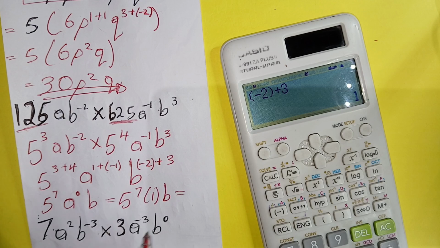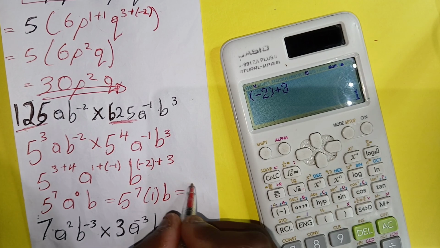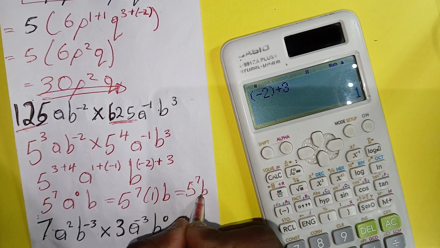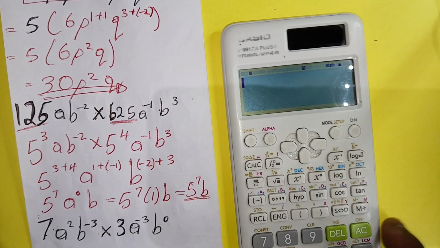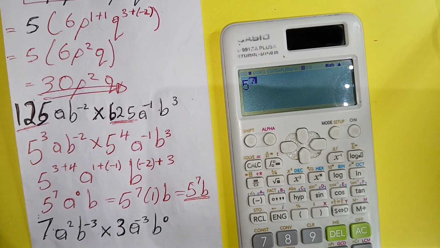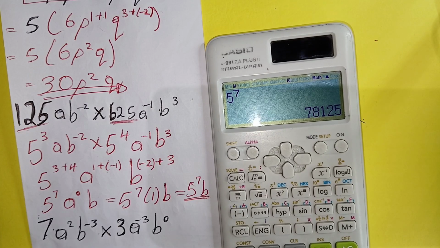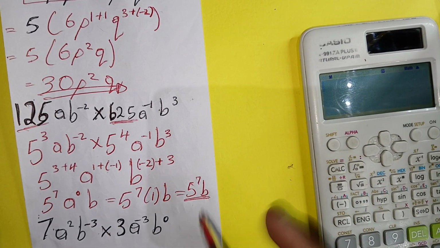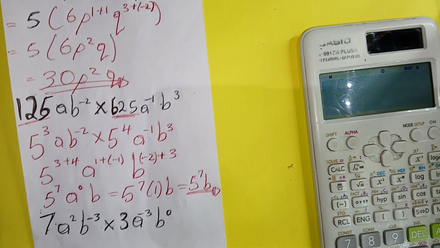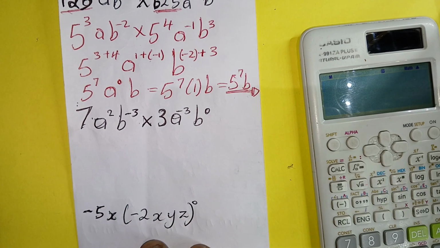Then the final answer is just 5, 7b. There is no need for you to convert that number, because you'll get a bigger number. Do you see? No need to. So you can just leave your answer like that. Then for the next question,